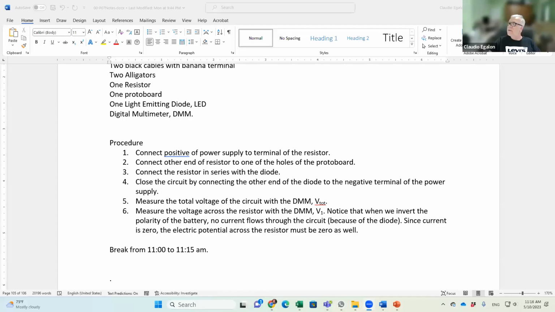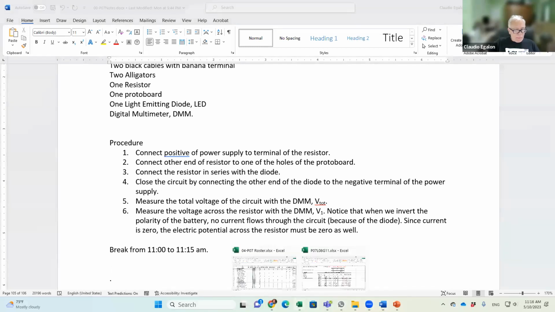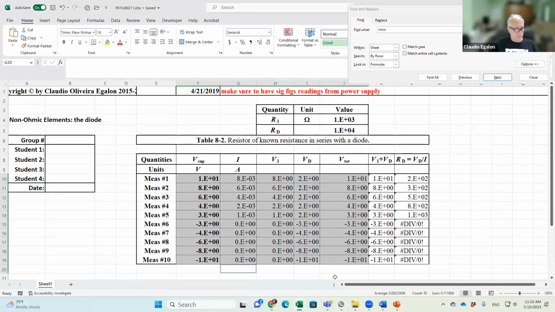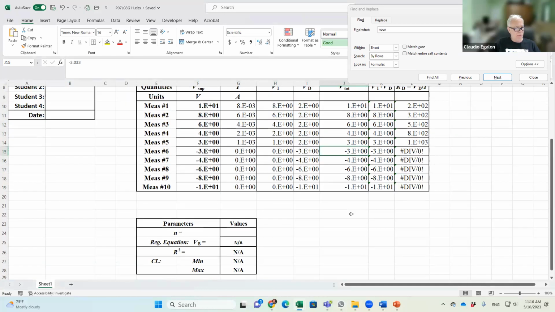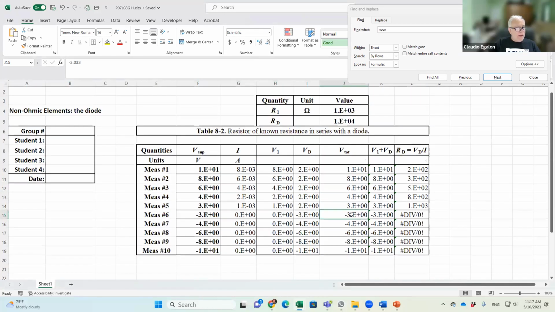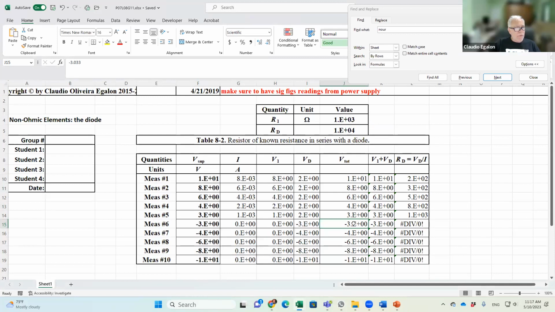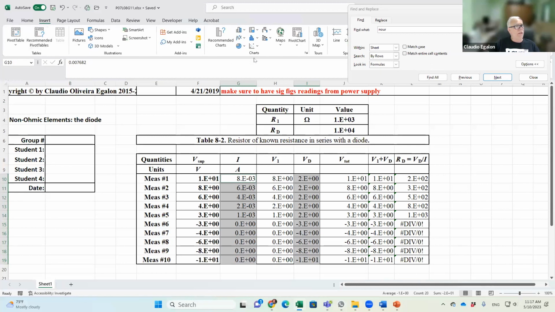Okay, I'm back here. Let's start sharing. Okay, what you have to do this time, you're gonna plot a different graph. What you're going to do here is just to plot the V of the diode versus I, and you're going to see that you're not going to get